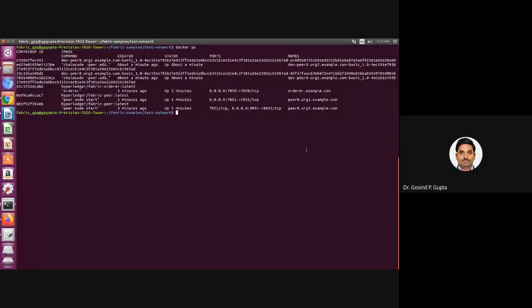After deployment of the chain code, two more images are also created. The first chain code is attached to peer 0 of org2, and the other chain code is attached to peer 0 of org1. So the logic of the chain code is attached to both ends.